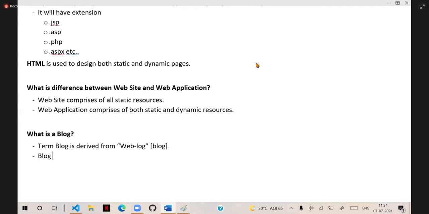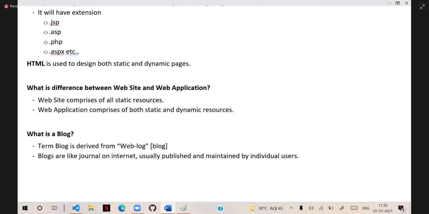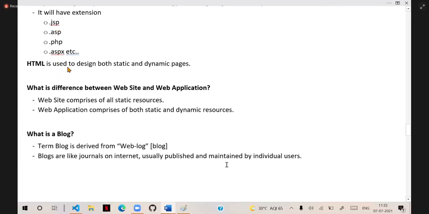Blogs are like journals on the internet, usually published and maintained by individual users.